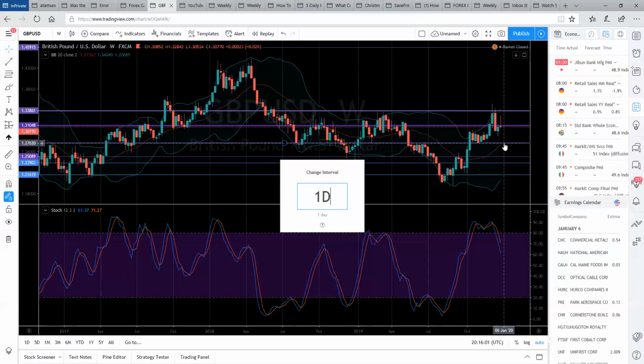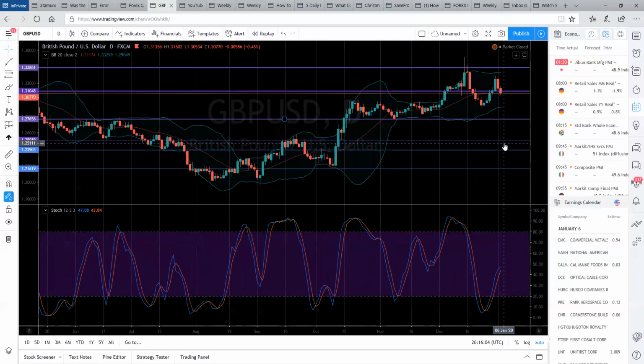But we can still zoom in to look at the position we're taking based on the daily time frame now, and we could see prices might stall a bit around here, 1.2950, before coming down to 1.2765. That's the zone. We could leave a 10 pip spread difference, take out our TP at 1.2780 or